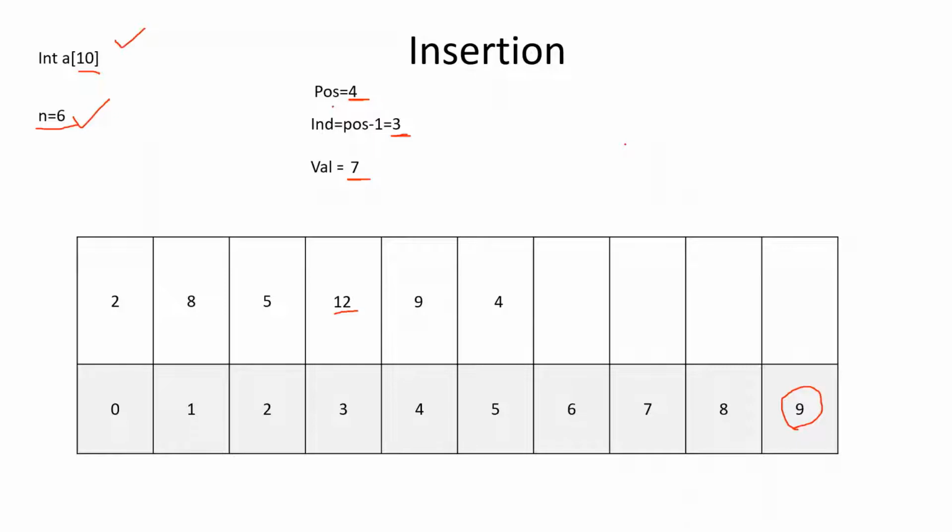We are going to use a variable. I told you, I will be set as the index number of the last number present in the array, because we are going to start from the last number. If the number of elements present is 6, the I value will be n minus 1, as I showed in the algorithm. Okay, so the number of elements present in the array is n. n is 6 here. 6 minus 1 will be 5. So now our I will be pointing to this position.